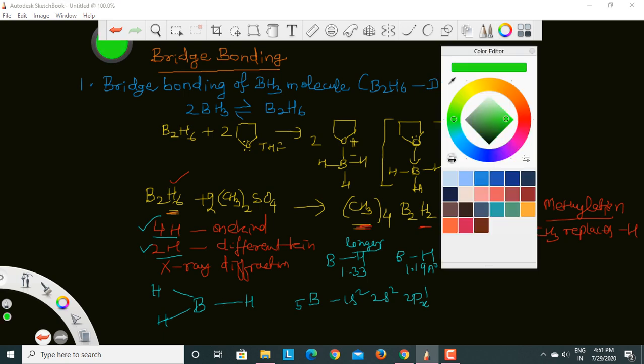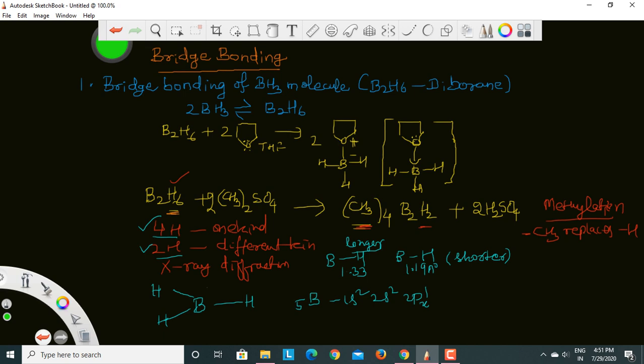If it is making 3 sigma bonds, then as you studied in valence bond theory, the number of bonds is equal to the number of unpaired electrons at the central atom. But we have not taken 2py and 2pz, 2py0, 2pz0. In ground state it will not form bond. So in the excited state of boron atom,